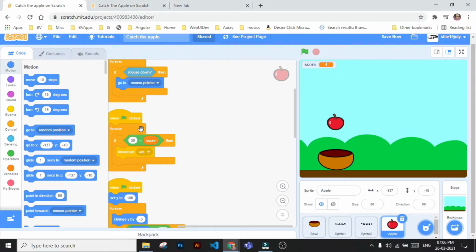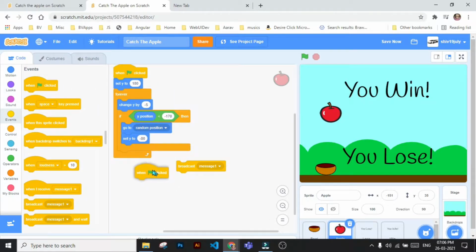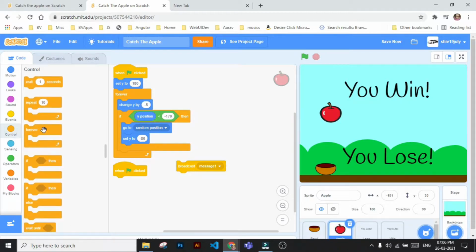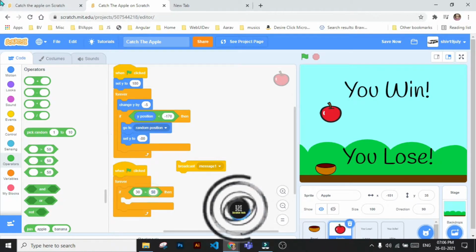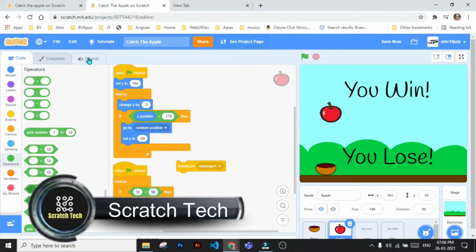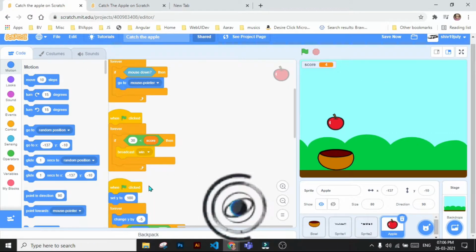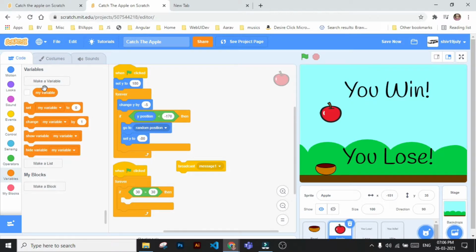Now when green flag is clicked, I'm just checking my code. Okay, so we'll take out the when green flag clicked from the events category, take the forever and if then block from the controls category, then go to operators and select smaller than, or you can select greater than. If score is greater than 30. Now we have to make a variable that is score. So we have to take if score is greater than 30. Type here 30 and we'll make a variable.